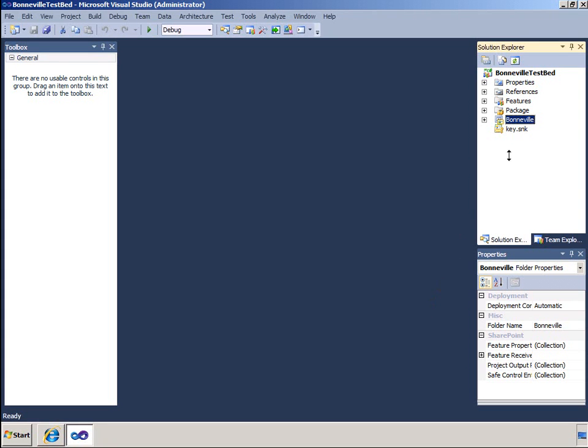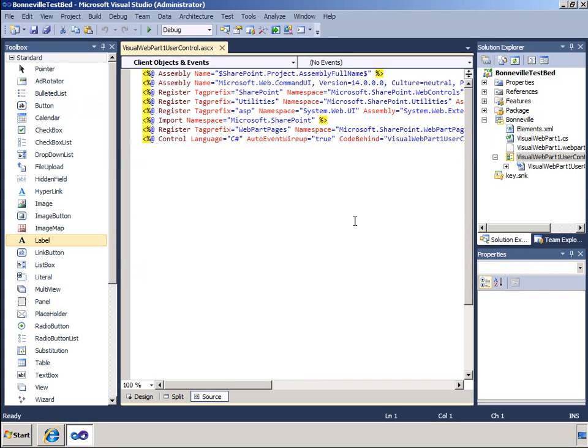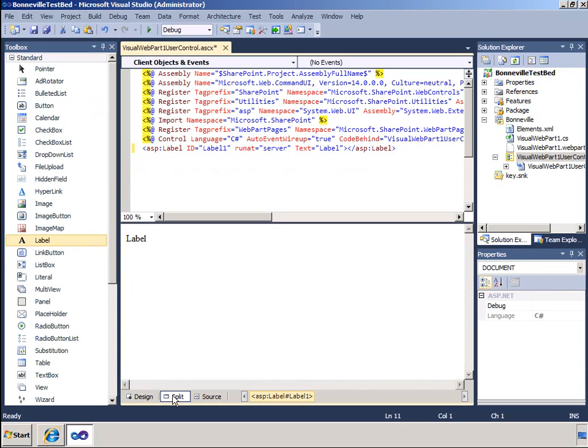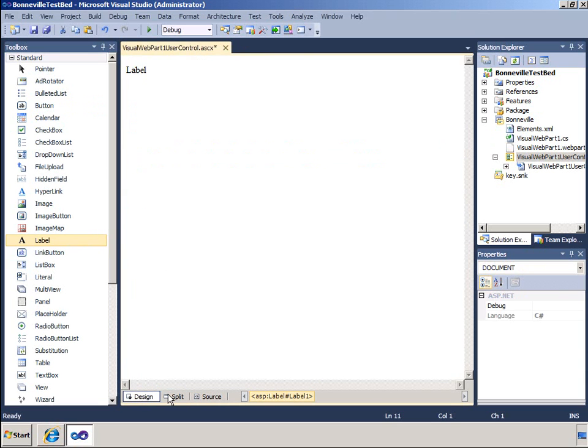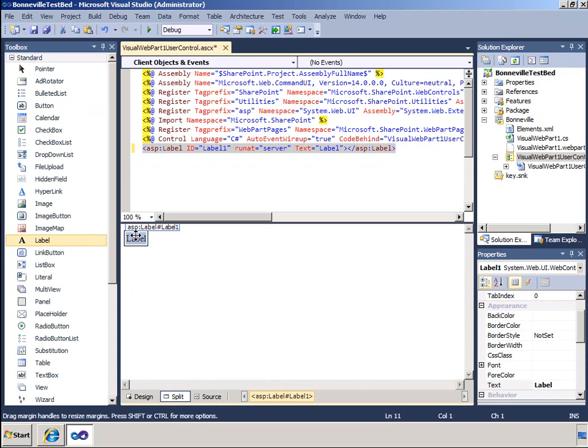In this video we are going to create a user control in a visual web part in Visual Studio. So here we have my user control and I can drag and drop controls from the toolbox to the source view. However, I can switch to split or design view and see my graphical design surface from there. I can select my controls and use the properties window to set the text property of this label to Hello